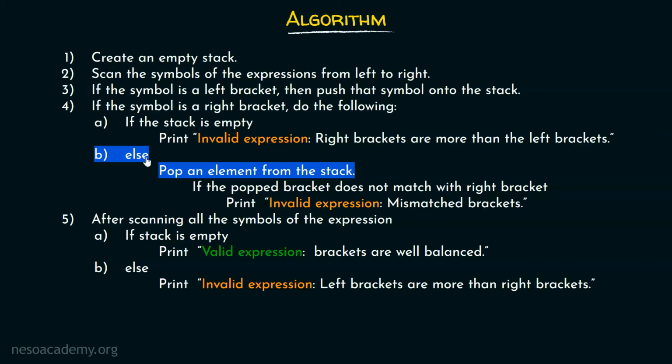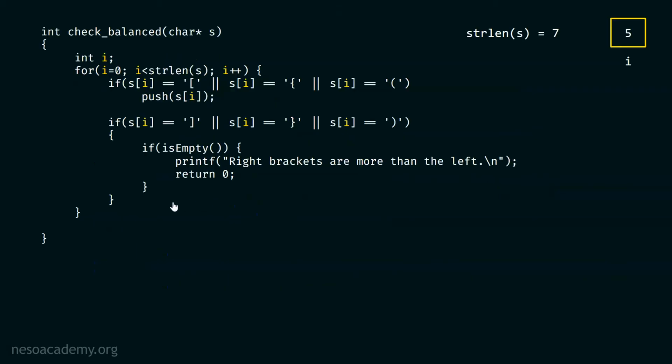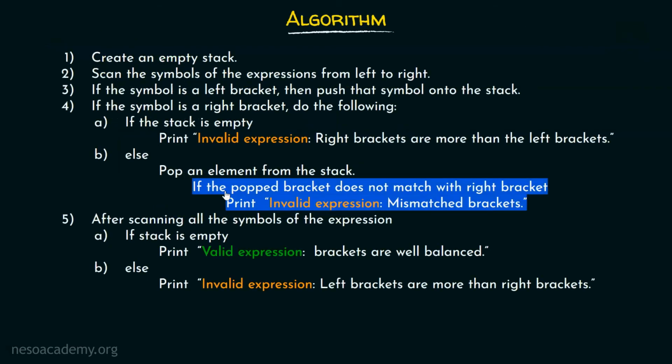If stack is not empty, then we must pop an element from the stack, which means we need else over here. Now you can see this that in this else construct, I am calling this pop function to pop an element from the stack. And of course I want to put that element somewhere, right? After receiving the element from this pop function, we must put that element inside some variable. Here you can see I've declared this variable. This variable is of character type. And of course I'm using it over here. This temp variable will hold the popped element. As simple as that. After this, we must check this.